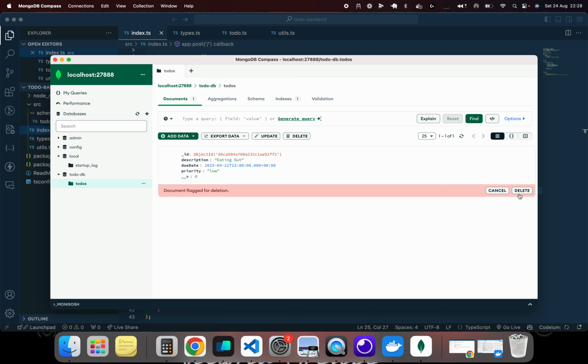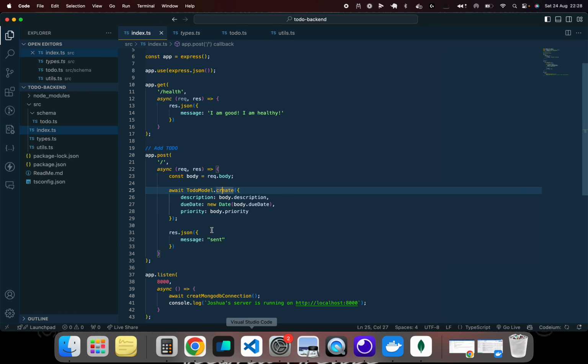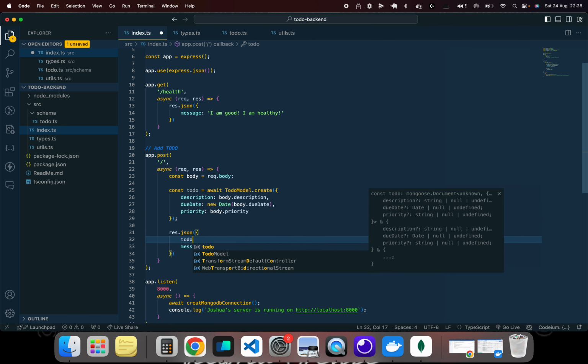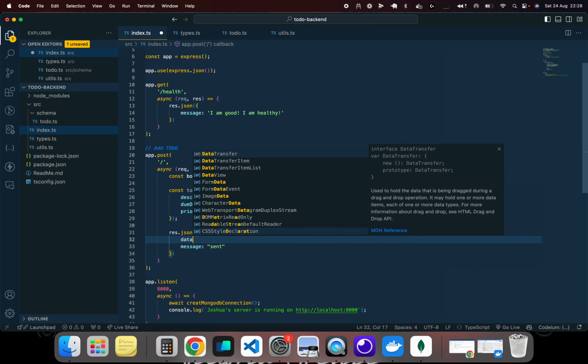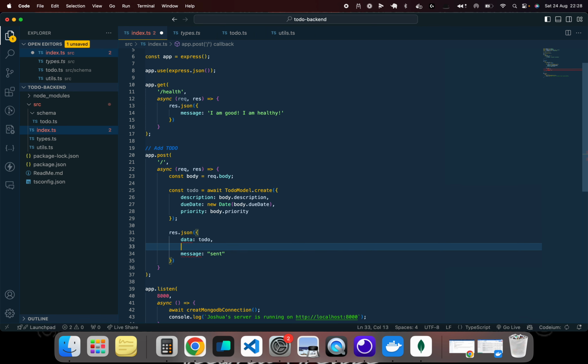So we delete this because I still want to make a new one, and in this new one I'm going to be returning, because now when you save a to-do and when you create a to-do, you should expect it will return the same object back, but with an ID, a special ID that has been attached to it by MongoDB. So we're going to put that in here. We're going to put that as data equals to-do, and then we're going to say status